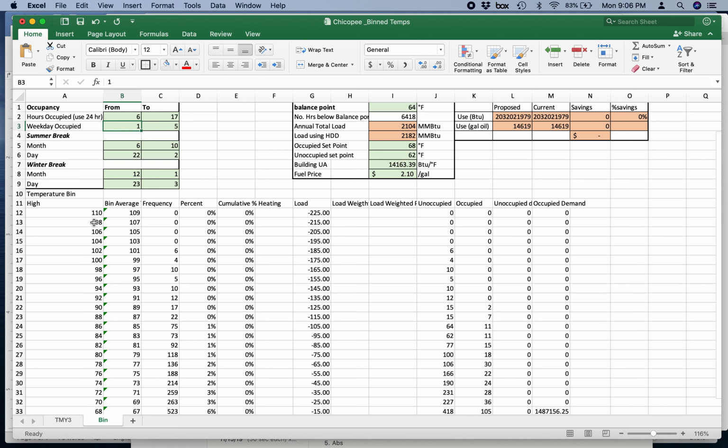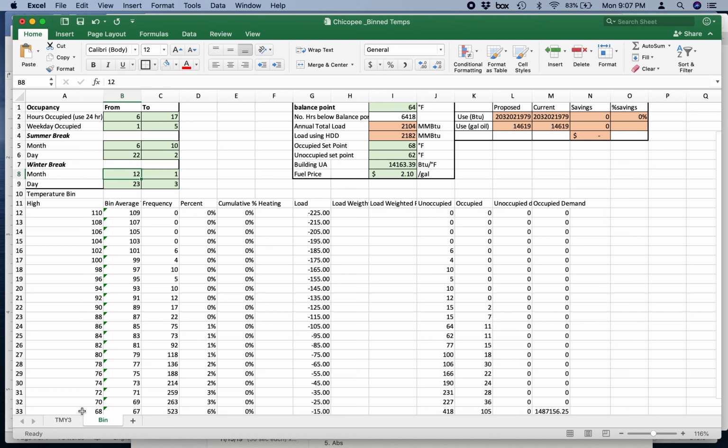And then we say, well, it's occupied from day one, which is Monday, to day five, which is Friday. And we've put in the summer break, which is important because we're going to find there are plenty of temperatures below our building balance point that happen during summer, but we can assume that they're not heating. And in this case, I happen to know that they do not turn the heat on until October. And then we can do the same with the winter break. So we've put in